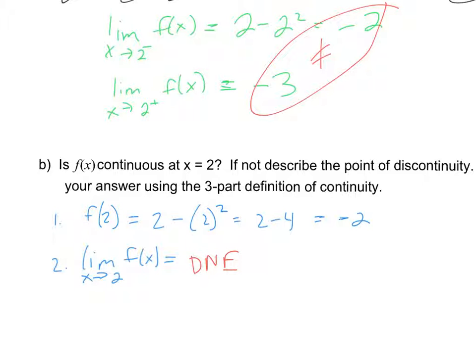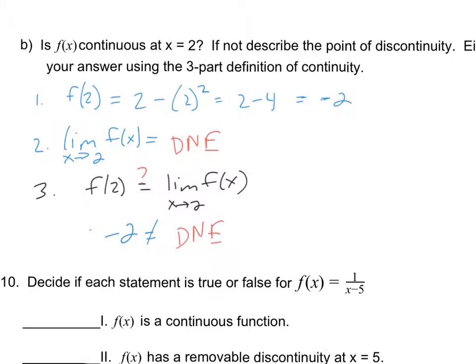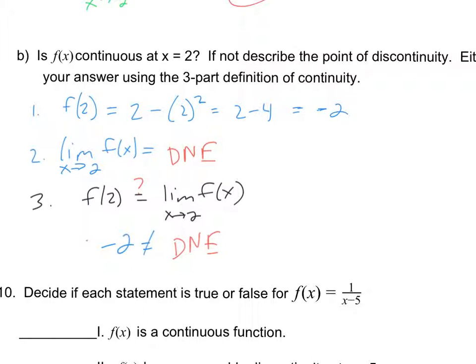So if we were to go to step 3 and try to say, is f of 2 equal to the limit as x approaches 2 of my function? Again, that's a question mark. Well, it's an automatic no here because this one does not exist. So no matter what I got for the functional value, it's never going to be equal to a does not exist value. So we're okay at the end of step 2 to go ahead and make our conclusion